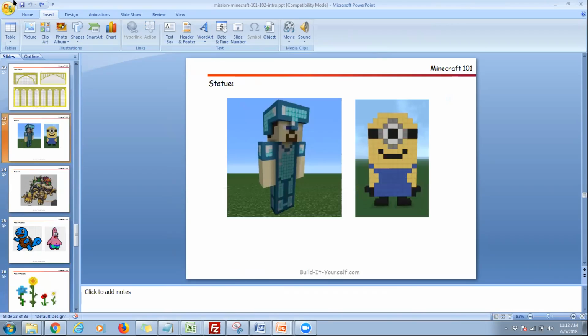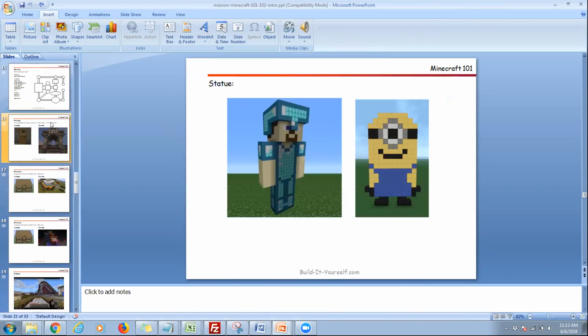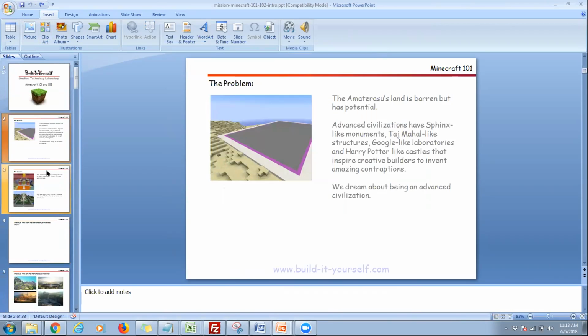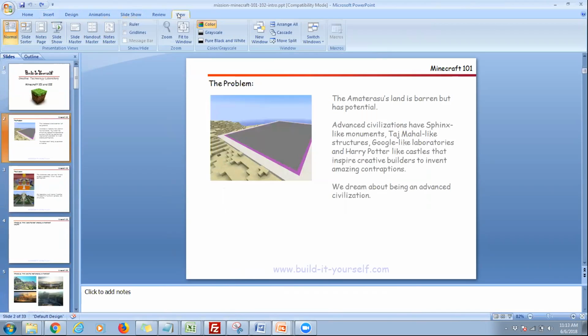So okay, we do the whole problem and our mission and stuff like that, but for Minecraft 101? Yeah, just in your lab book, one page. Here's the problem for Minecraft 101 in your own words. Let's go back to the problem mission statement, Brent. Yeah, so we just, in your own words, here's the problem. We got barren land. That's enough to say for the problem. And the mission,